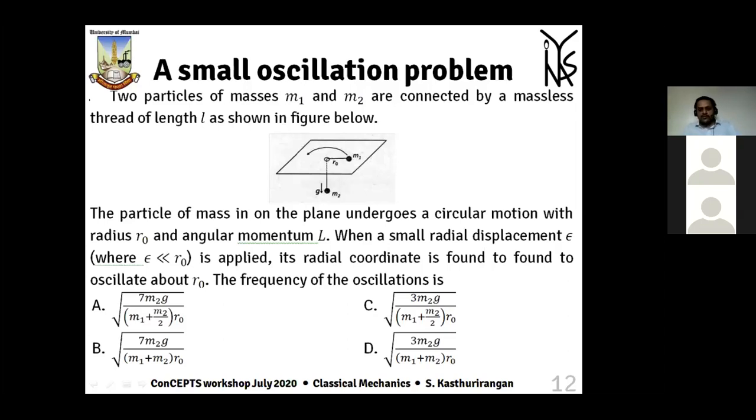Now, you know the usual formula for oscillation frequency is square root of K by M, where K is something called the spring constant and M is the mass. So if M1 plus M2 is oscillating, then you expect M1 plus M2 to be in the denominator. In option D, M1 plus M2 is there in the denominator. In option C, it is not there. So already we have A as the least likely option, B and C as less likely options, and D as the most likely option. This is just where logic takes us.